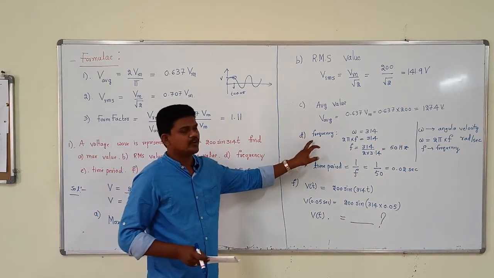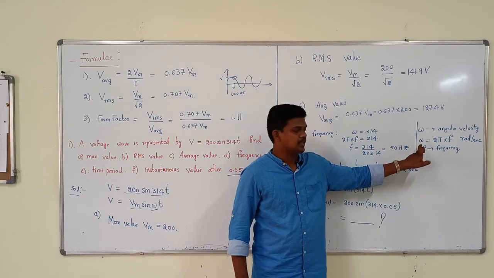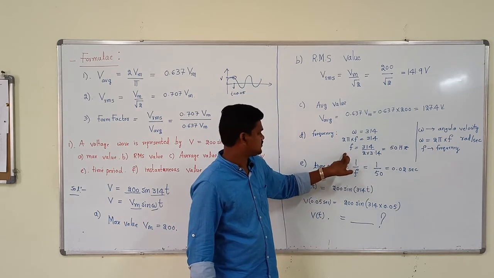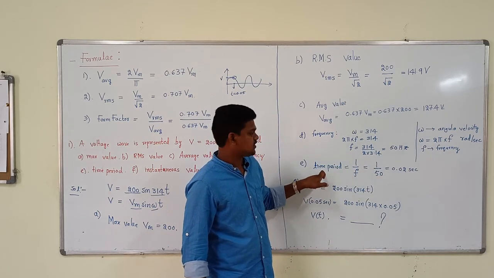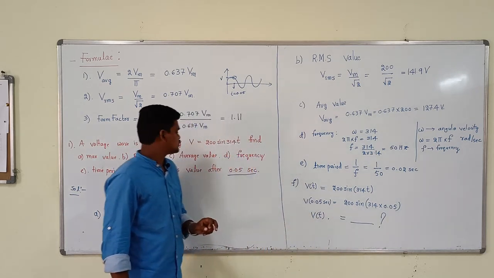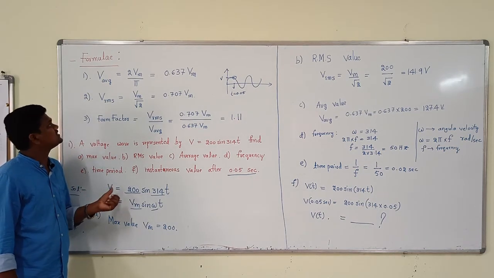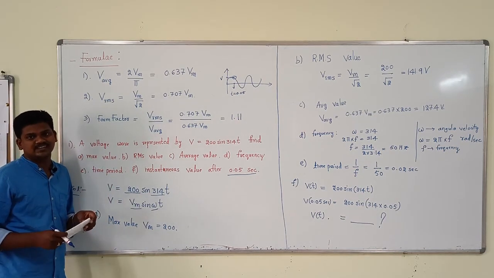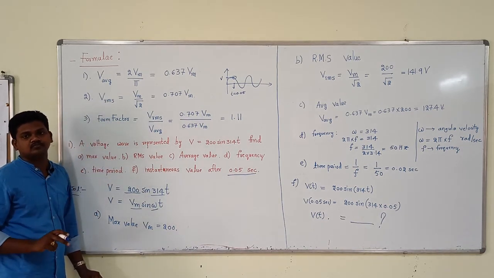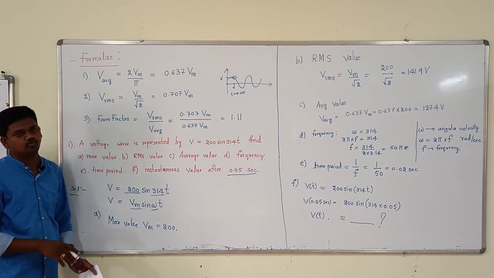This is okay, but I think you have some doubt here. Just remember the formula: the relation between angular velocity and frequency, use this and you will get the frequency. The relation between time period and frequency is like this, and if any instant is given, just follow this. So this is about the formulas and a problem regarding AC supply. In AC analysis these points will come. You have to understand all these points. Just practice these types of problems. Okay, thank you.